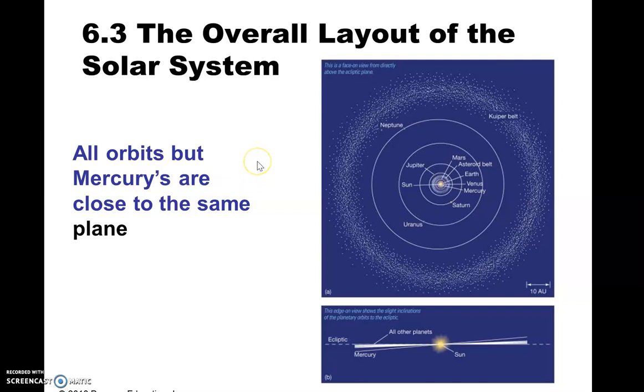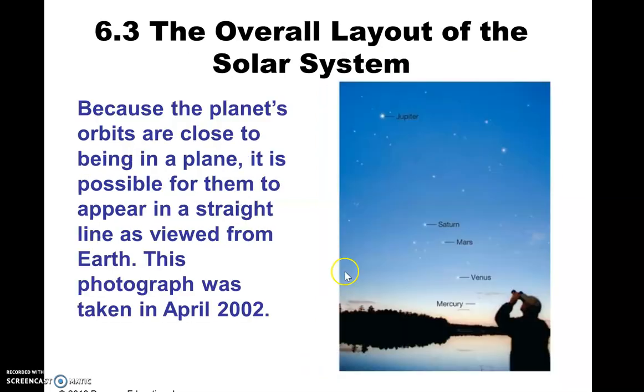A lot of the Kuiper Belt objects are not in the plane of the solar system. So we'll talk about the plane of the solar system a little bit. You'll hear me mention that. So you can see, you look at this picture down here, looking at the solar system from kind of a side view. Notice Mercury is at a larger angle with respect to the plane. And I wish they'd show Pluto. Pluto is even more exaggerated, at a greater angle. All right, let's keep moving.